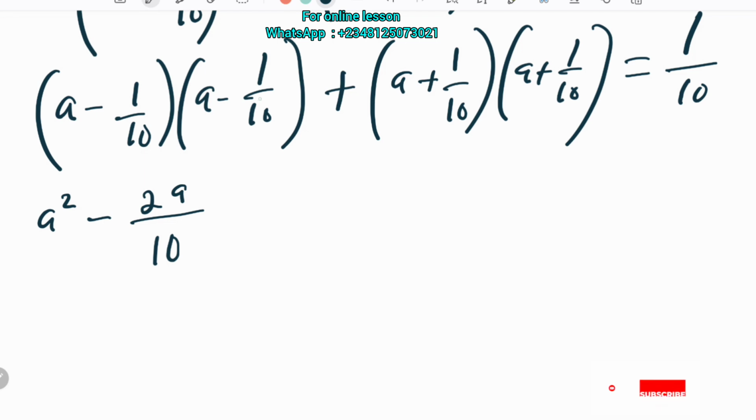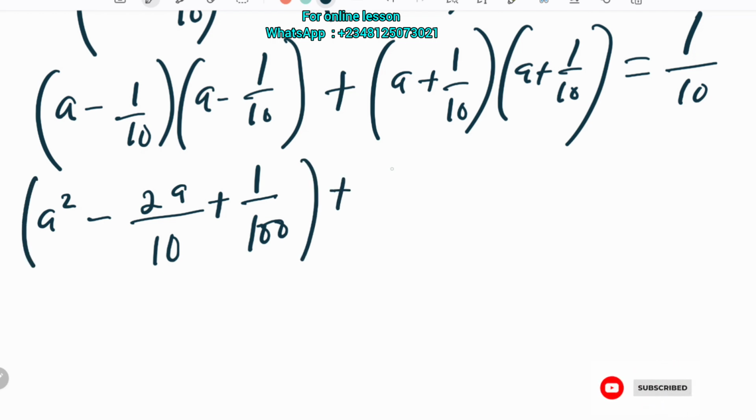Okay, then plus 1 over 10, because minus 1 over 10 times minus 1 over 10 will give you 1 over 100. Okay, now that is for the first bracket. Then let us move to the second bracket. The same thing, the only difference will just be the plus. So we're going to have a squared plus 2a over 10, then plus 1 over 100